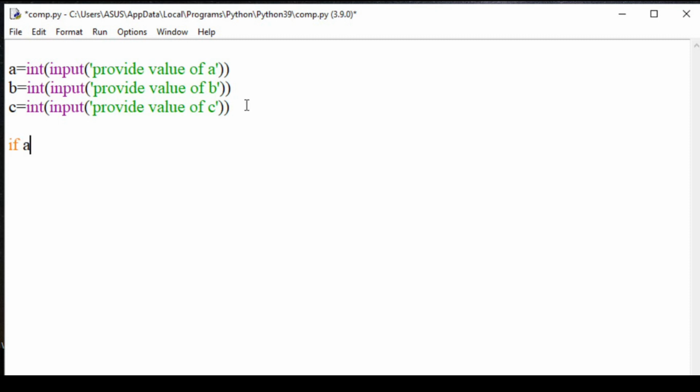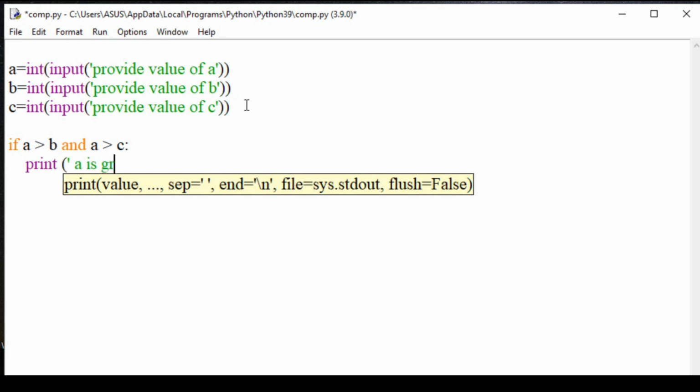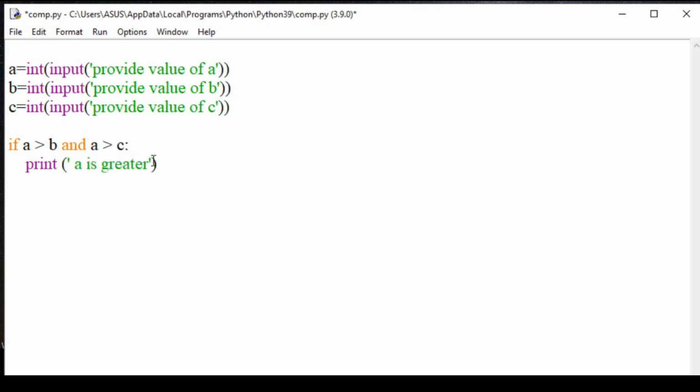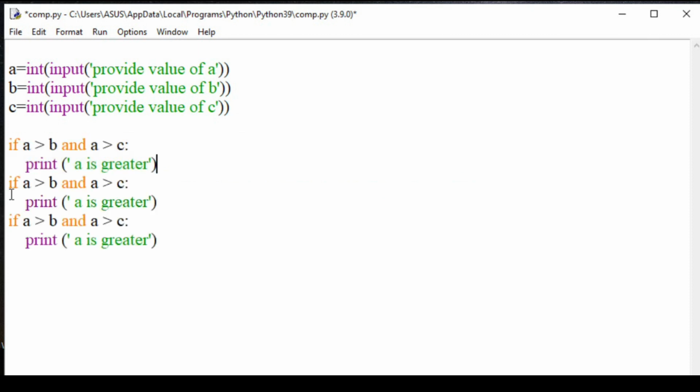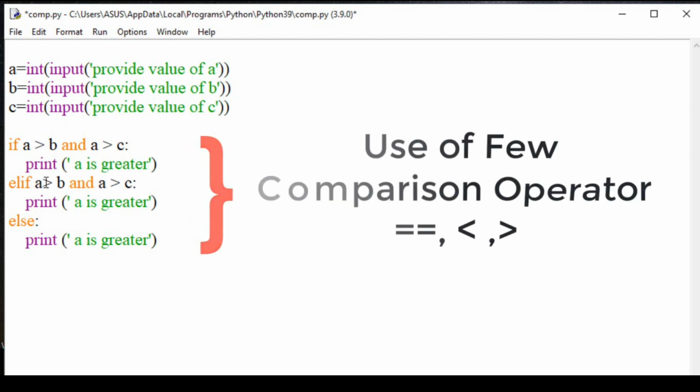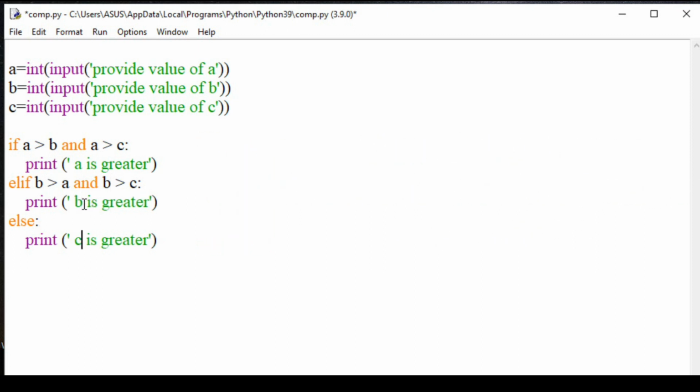We are using a conditional statement here to find the maximum of 3 variables. Here I have combined 2 conditions. If A is greater than B and it is greater than C, then A is greater should be printed. Similarly, the same condition for B I have also defined. Now if A and B are not greater, then the else part should be executed and C is greater should be printed.